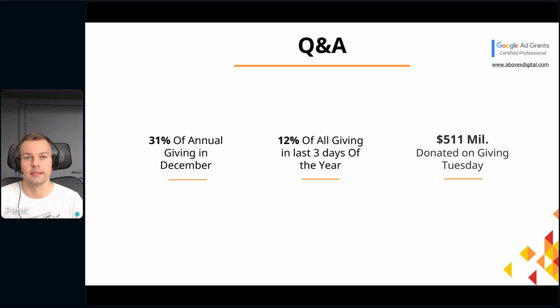The reason why that is very simple. Obviously, at least in the US, donations to 501c3 nonprofit organizations are a tax deductible item, right? And many people make donations before the end of the year to reduce, obviously, their tax duties in the following year. So that's, I guess, the number one reason. Plus, there's holidays; people have a little bit more time, and they're in this holiday mood, when they're more willing to share, sort of reflect back on how much they've made in the year, things like that.